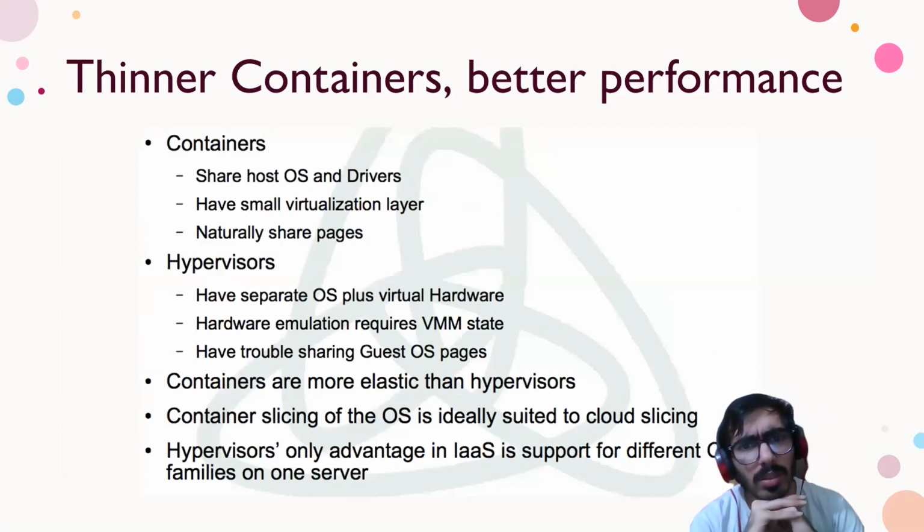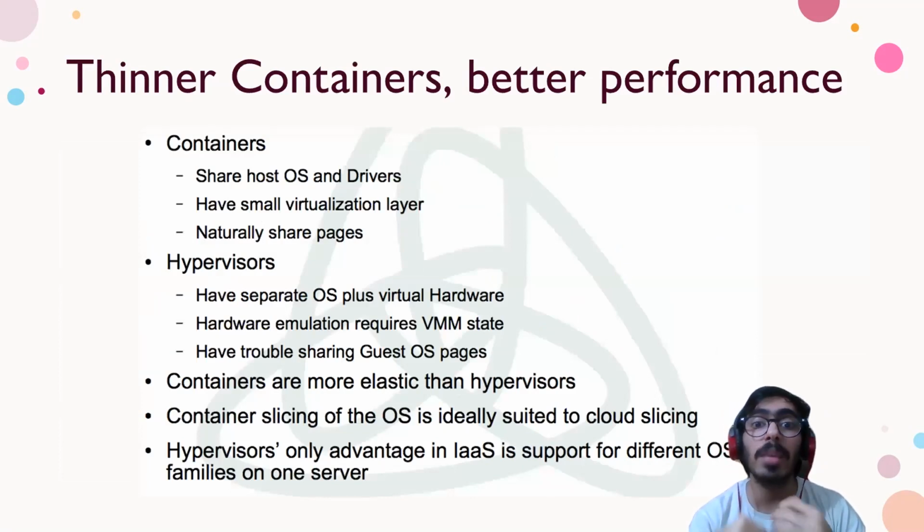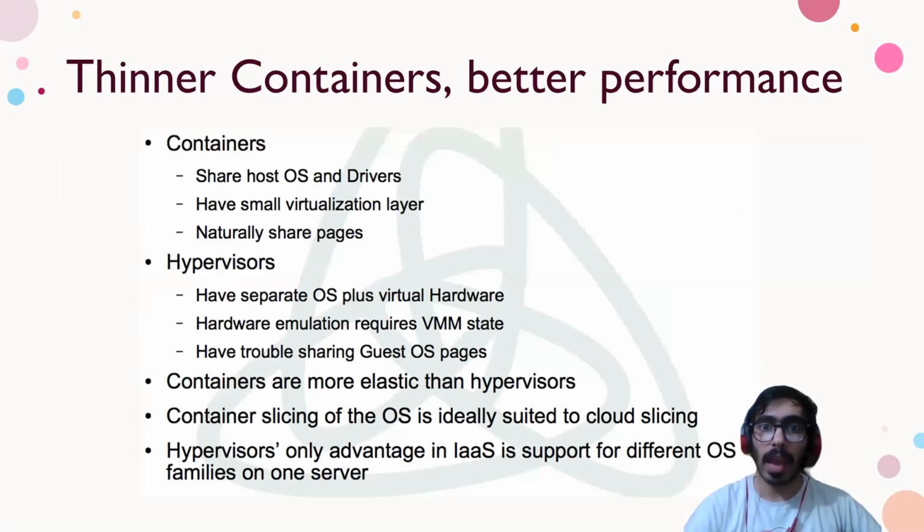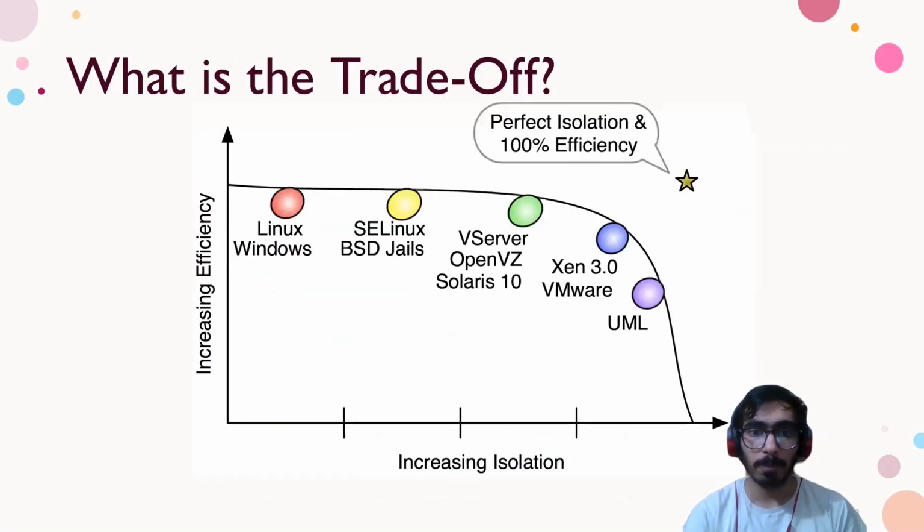So why is this better? One, you're not doing the same thing again and again. If I have a kernel, why do I need a new kernel? If I already have a Windows machine and I want to run Windows, I have the Windows kernel already, and I can use the same commands. So this is the ideal thing. This is why cloud computing took on. This is why Docker is so popular. It's the future. But what is the trade-off?